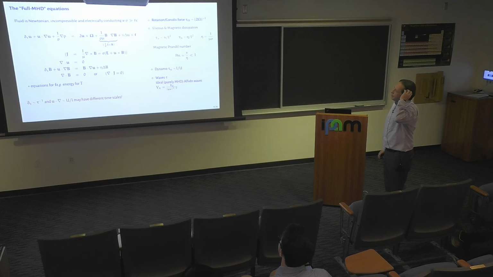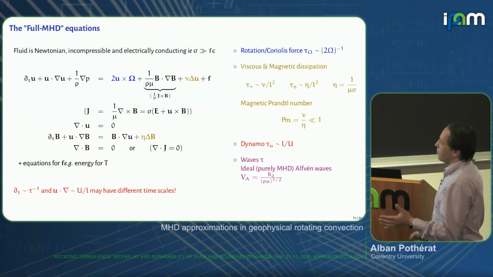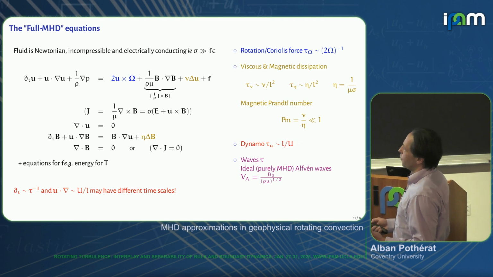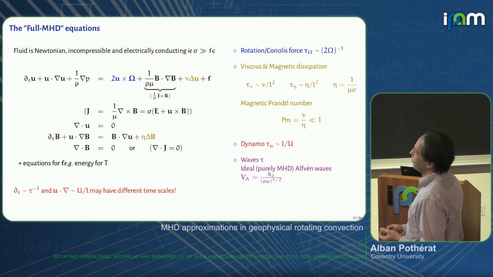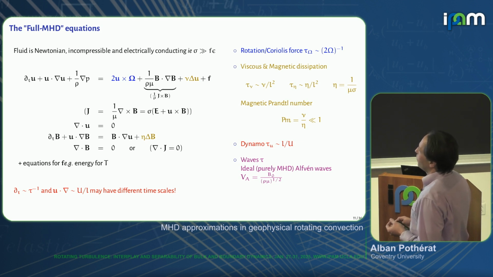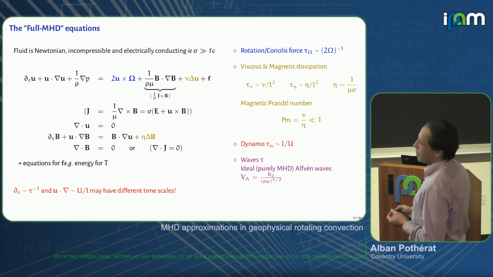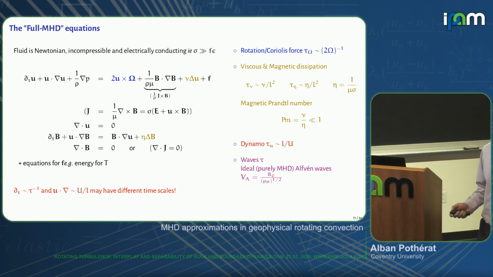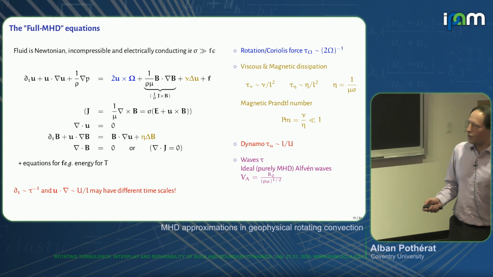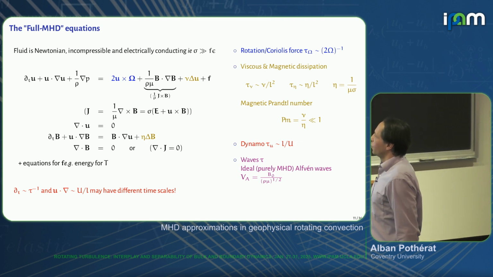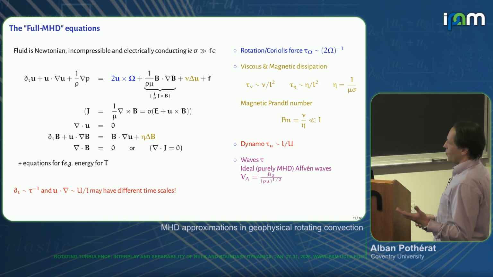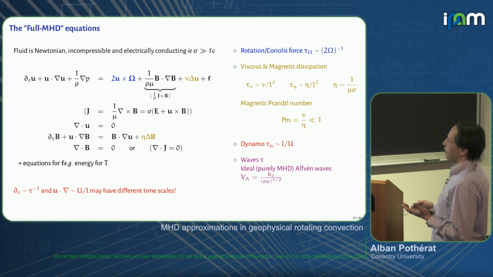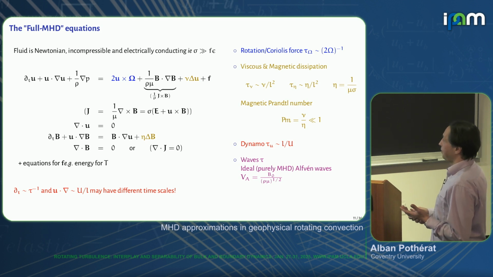Now, that means for a full system, we assume a Newtonian fluid, incompressible and electrically conducting. This is the system that will describe the flow. You note that I've sort of hidden convection here. There's an extra force, and of course you need extra equations to describe whatever force you add, including convection. Whatever your favorite model for convection is, it will go here. So it's just the usual rotating Navier-Stokes equation with